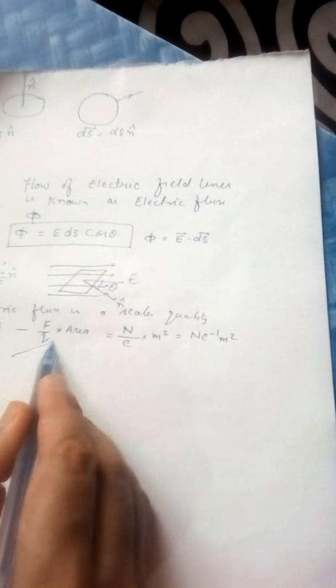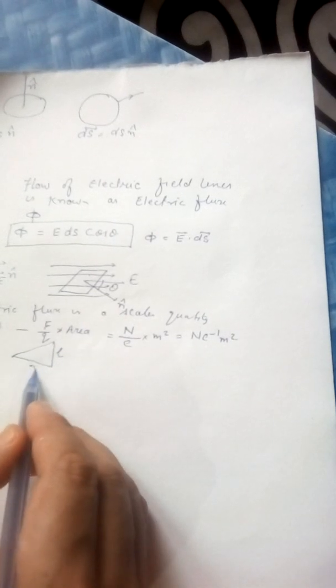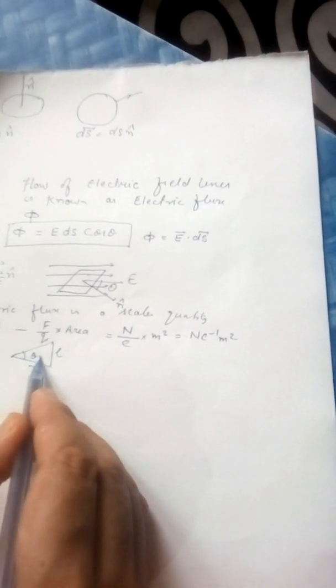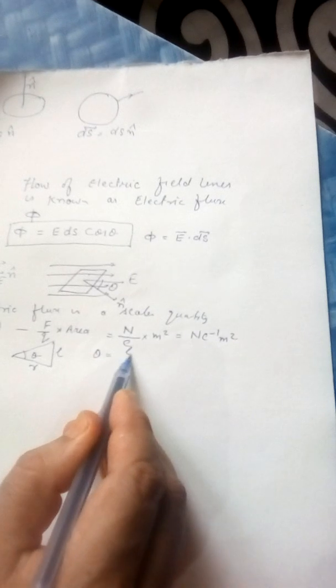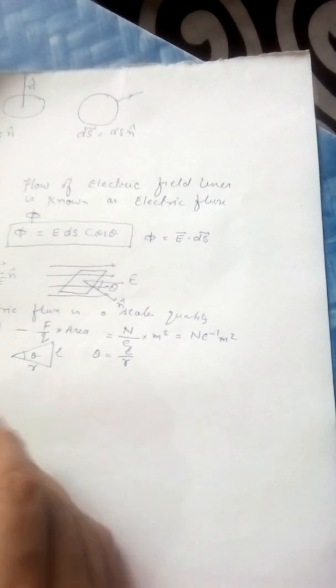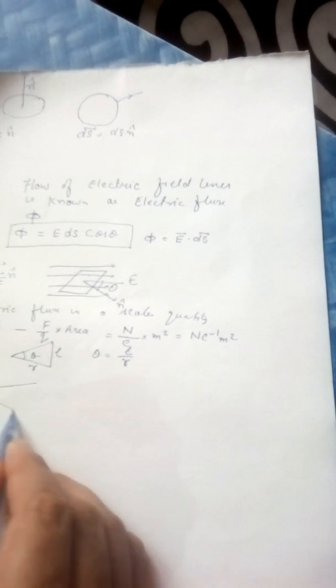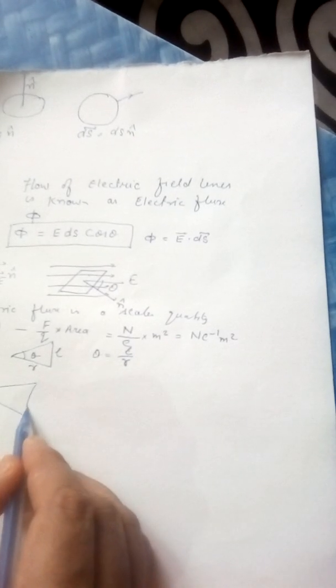In class 10 you have read for plane angle that if this is the length of arc L, this is the radius, then the plane angle is given as L by R. This is about the plane angle, which you have learned in class 10, that this is equal to length of arc by radius. But if it is not plane, suppose I am drawing this area element.